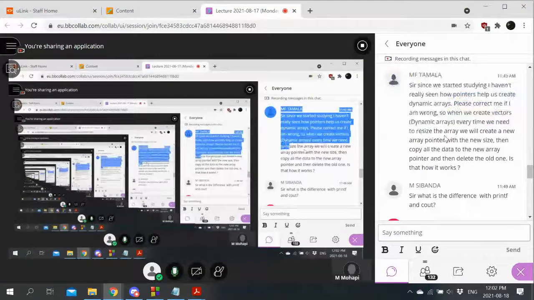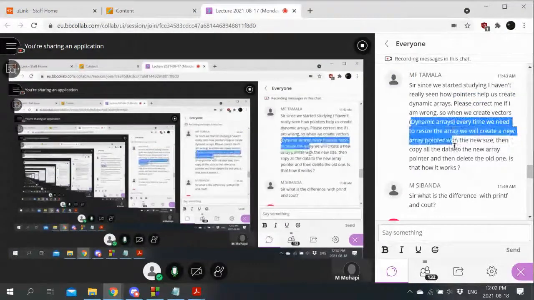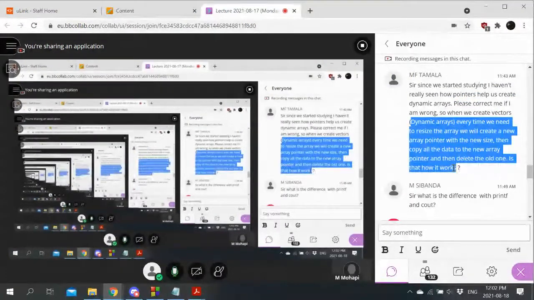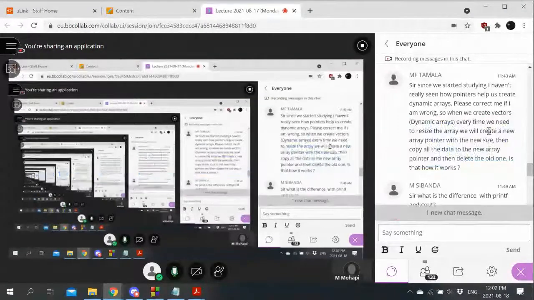Whereas you are now trying to create your own data type, so you need to handle all of that work internally. You must think of yourself as the creator of data types other people will use, not just as a programmer who's going to use pre-existing data types. Every time we need to resize the array, we create a new one. Yeah, that is how resize works. There's no resize operation in C++ like there's redim in Visual Basic. You'd have to create a new array that's the size you want, copy everything from the old array to the new array, and then delete the old array. And vectors handle all of that automatically for you.